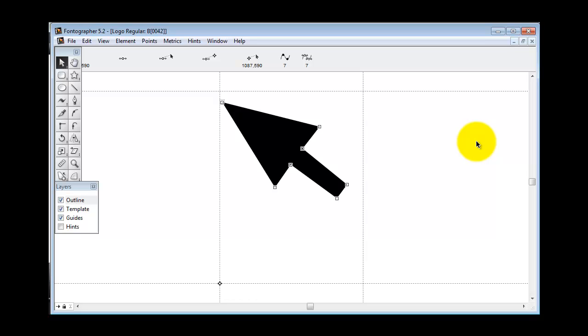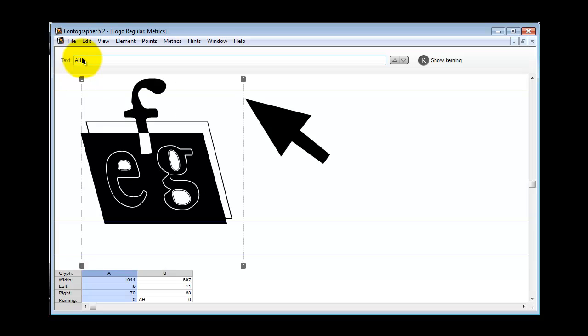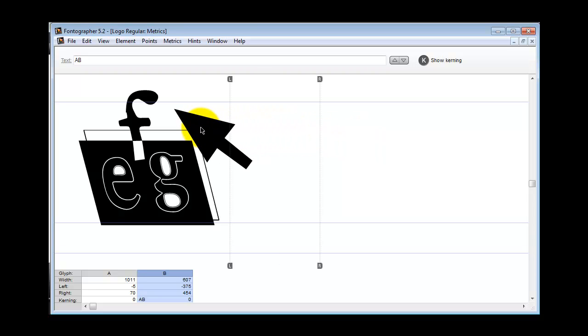Okay, so what I'm going to do is test how well this works by going to the metrics window and typing A and B. I select the second character or part of the logo. Be careful not to select the K button because you don't want to kern this. What you want to do is offset it. When you click on the character rather than one of the lines, you can create an offset by dragging the character,